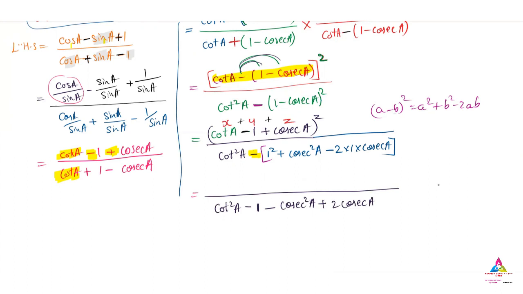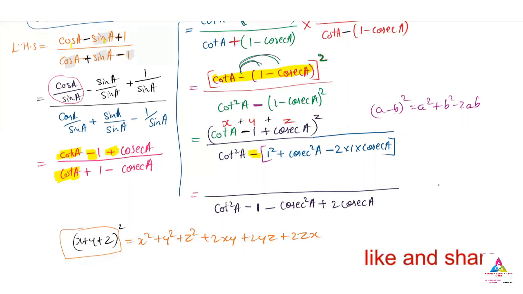So it is three terms here. So x plus y plus z the whole square formula. Do you know? Yes, it is nothing but x square plus y square plus z square plus 2 times xy plus 2 times yz plus 2 times zx. So this is nothing but x plus y plus z the whole square formula. Why I have asked this question is, here in place of x we have cot A, in place of y we have minus 1, remember, in place of y we have minus 1, and in place of z we have cosecant. Okay, so substitute that value.